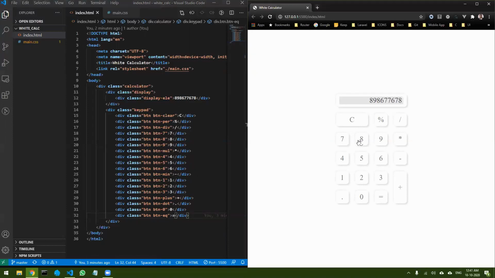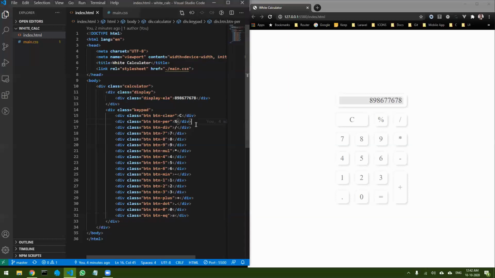Okay, so right now if you click on any of these buttons, it's not going to work because we have not done any calculations yet. So we are going to make this work with the help of JavaScript. Okay, so let's start. But before that, just to give you a little bit of knowledge of